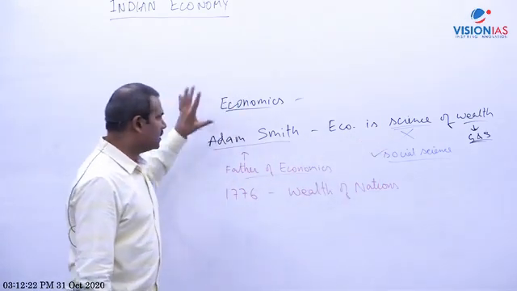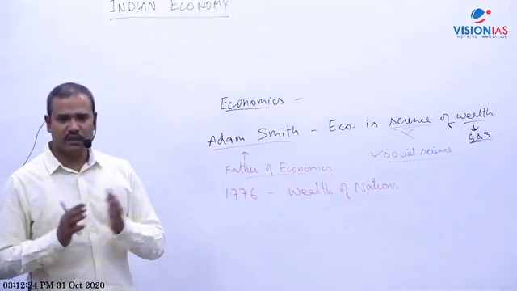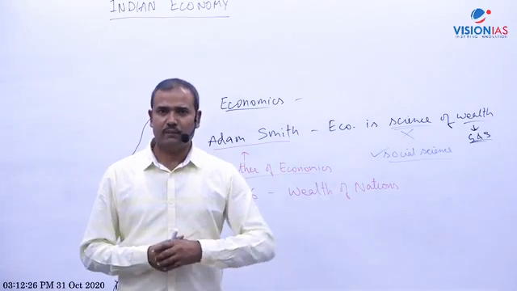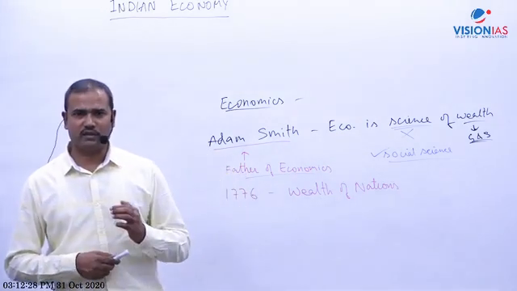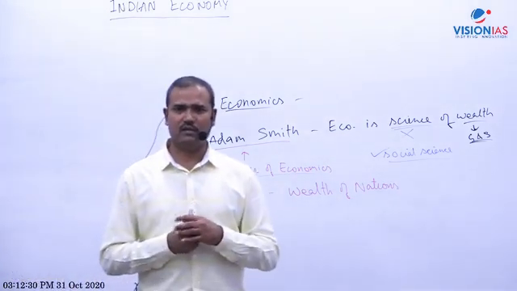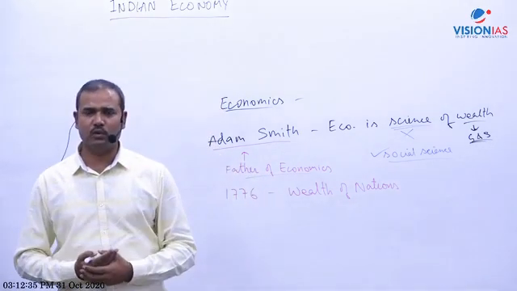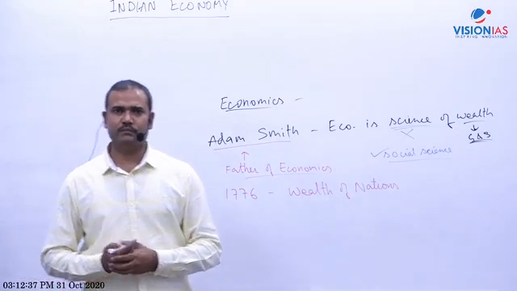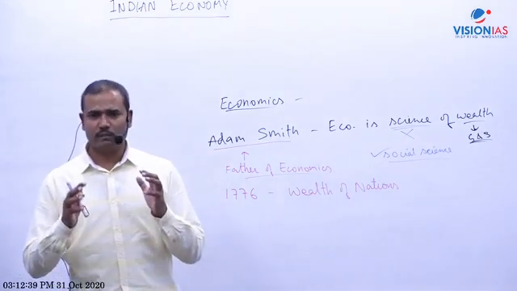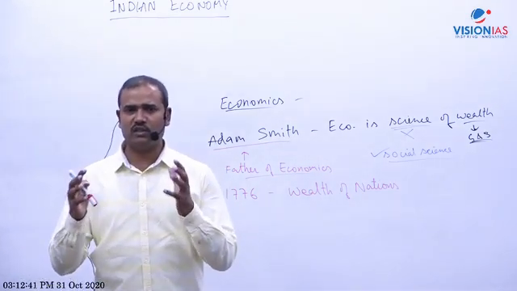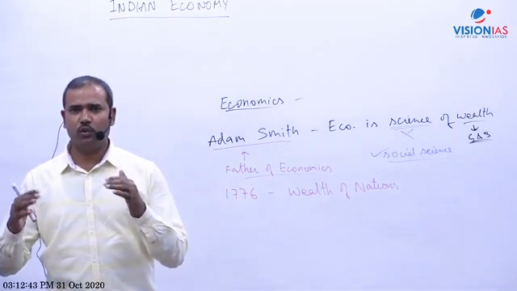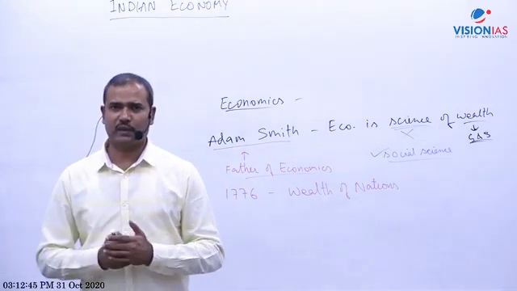Okay. Now the meaning of economics is simply production and distribution strategy. Now what is the core concern of economics? What is the main subject matter of study in economics? When we produce goods, the main concern is that resources are there, so resource allocation: how to allocate resources, how to use resources.